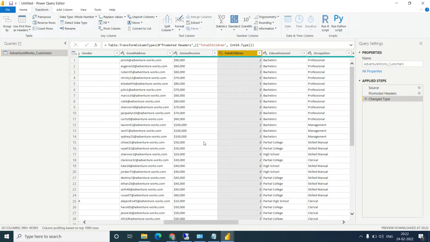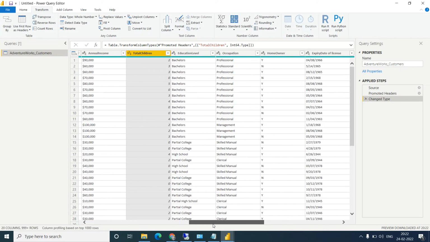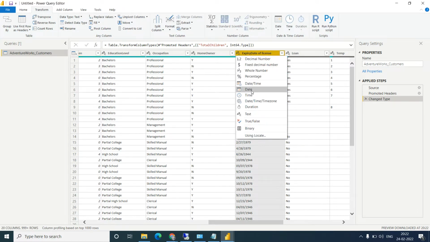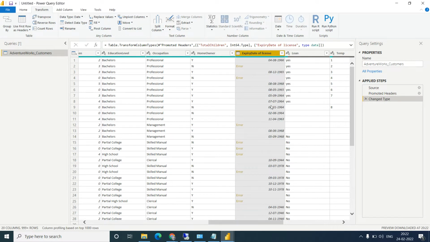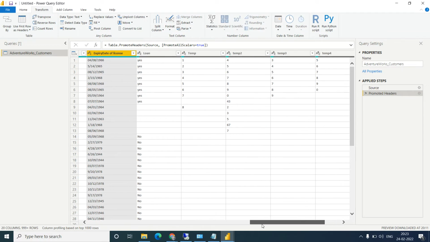So we need to separate this. Okay, or we will remove this one. So how will we remove the dollar? How will you do this? So there is also an expiry date available. Let me convert it into a date. Okay, it still has a problem. Okay, so let's go for the other.